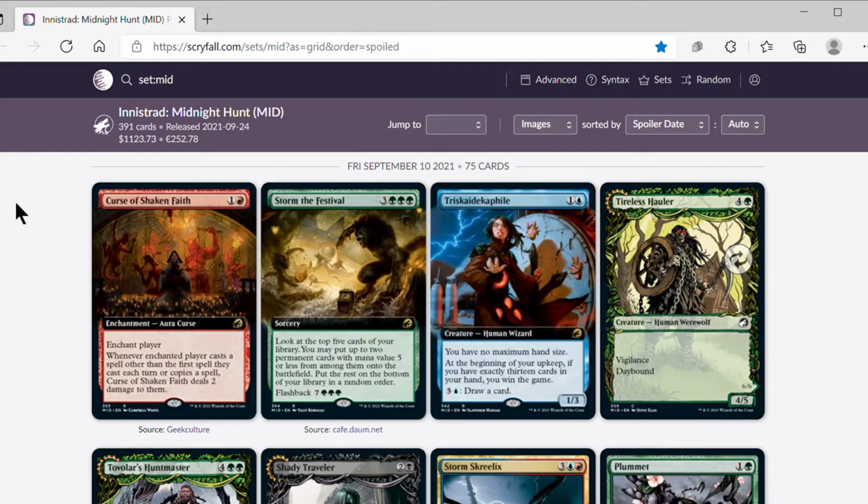Next up, we have Storm the Festival. It is a sorcery for 3 and 3 green. It says look at the top 5 cards of your library. You may put up to 2 permanent cards with mana value 5 or less from among them onto the battlefield. Put the rest on the bottom of your library in a random order, and flashback for 7 and 3 green. This card is 2 green more than the Collected Company,